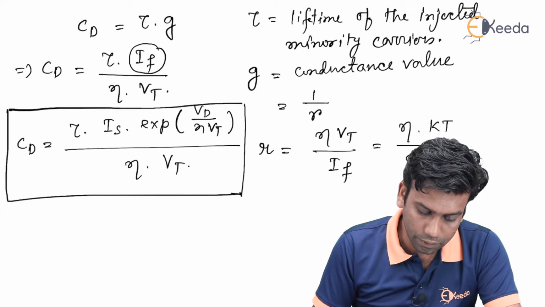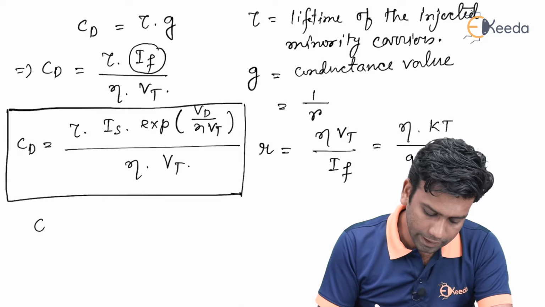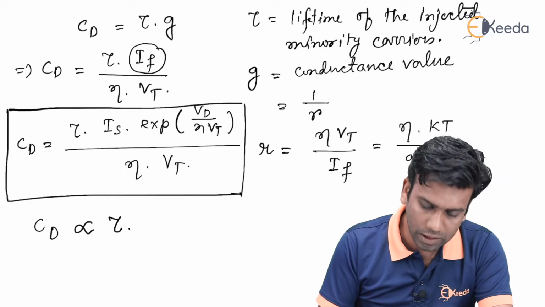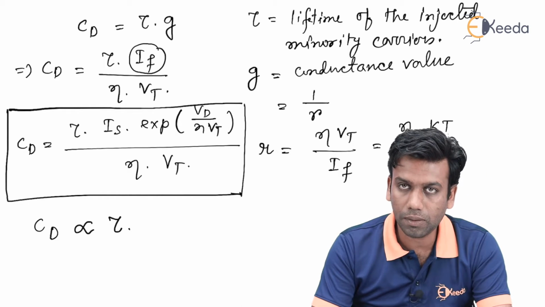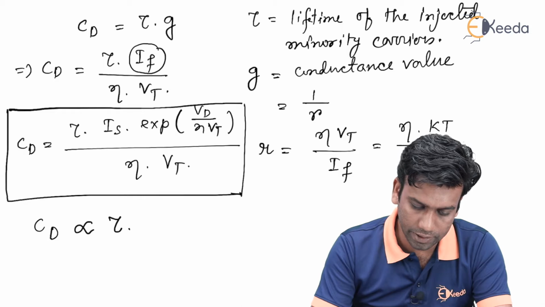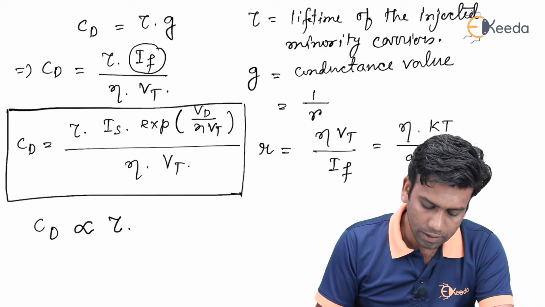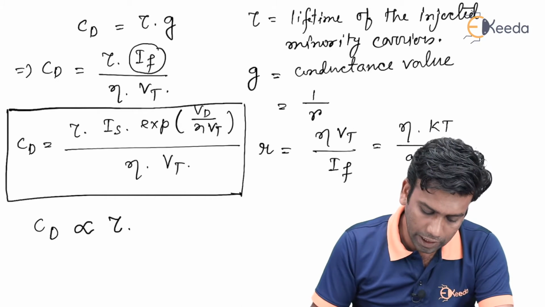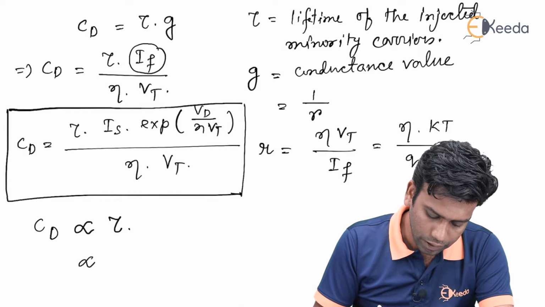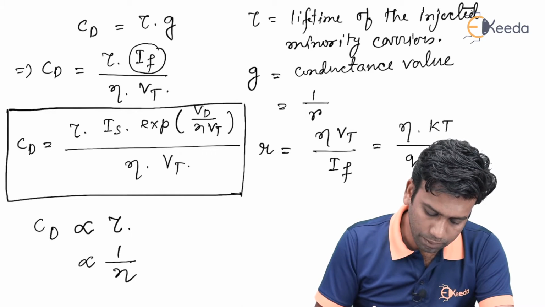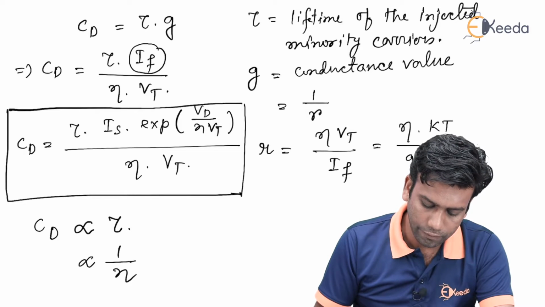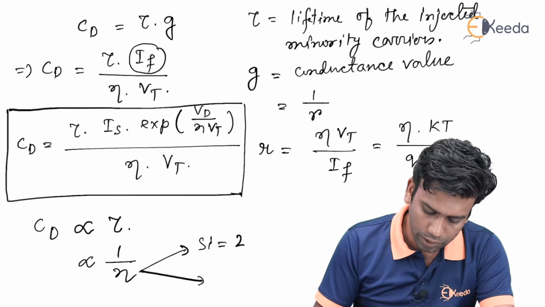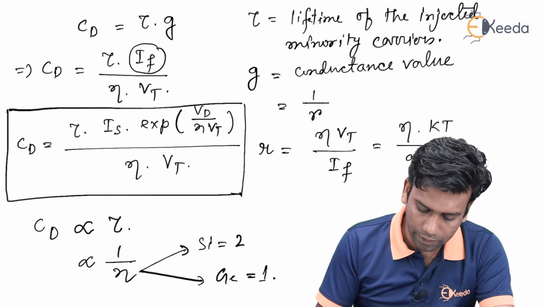Now, we can see that the diffusion capacitance CD linearly increases with tau, that is the lifetime of the injected minority carriers. So, as the lifetime increases, the CD value will also increase. Again, we can say that the CD value is proportional to 1 by eta. That means, for silicon we know this eta is equal to 2, and for germanium this eta value is 1,